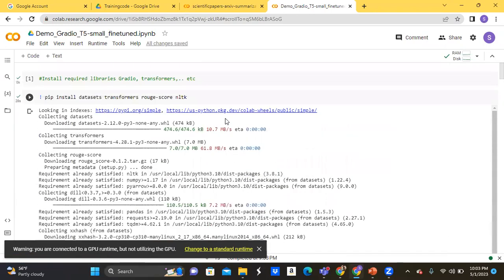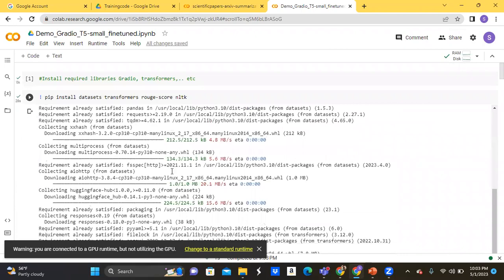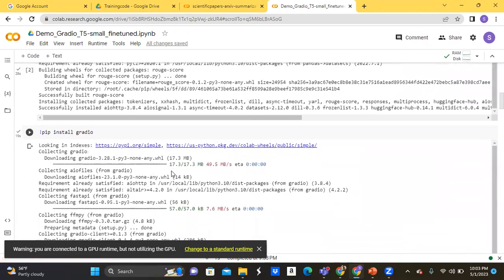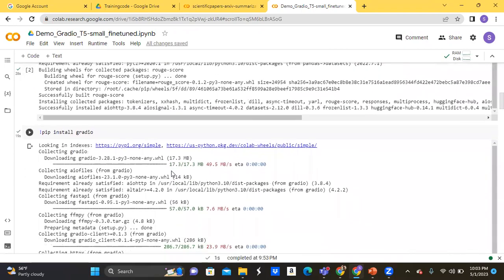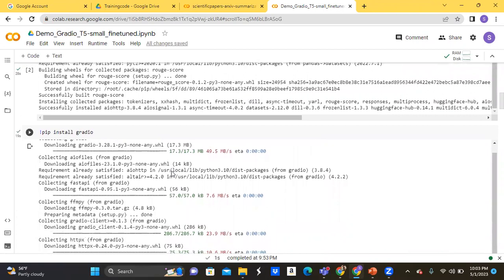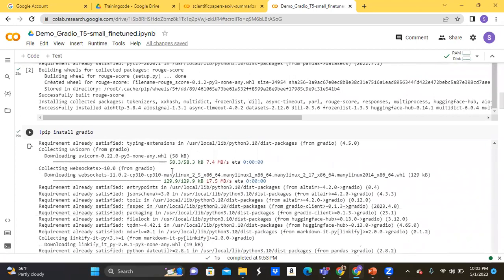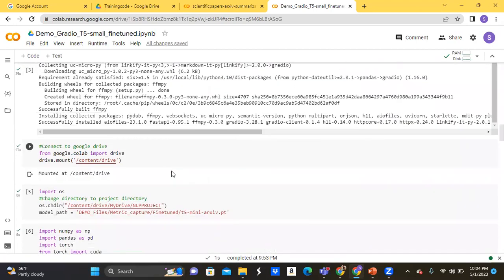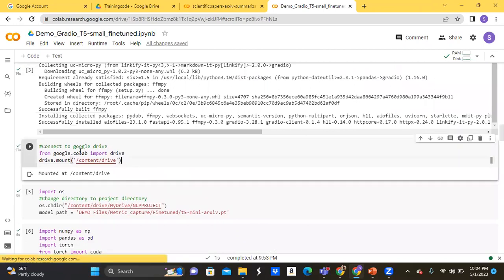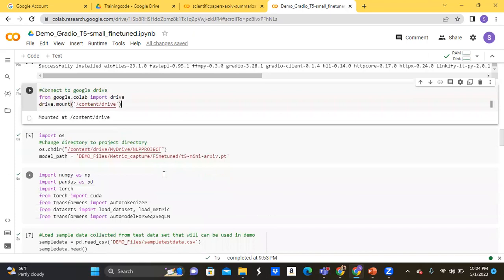The demo part has been done with a ROUGE score for NLP. I have already got all the weights over here. Install the datasets, transformers, and rouge scores in the first part. Gradio is the one that I have used for the demo out here. I could have used Flax, but I prefer to go with Gradio because it's easy and readily available. Then I mounted the drive, that means I connected with Google Drive,